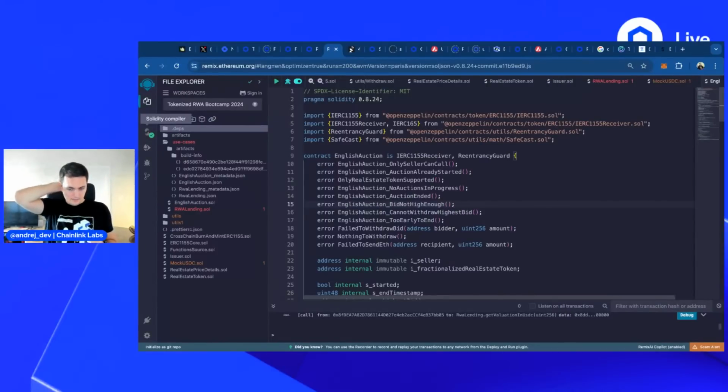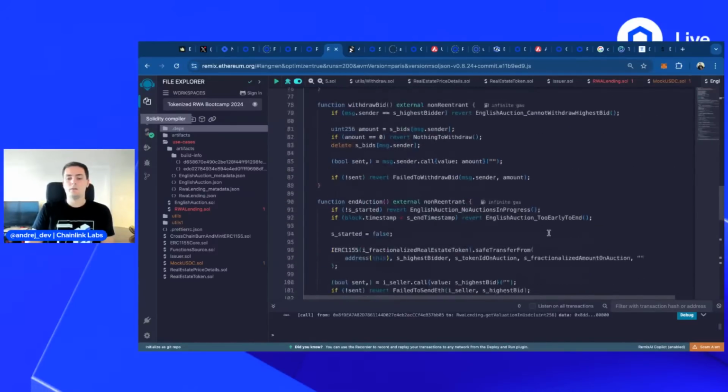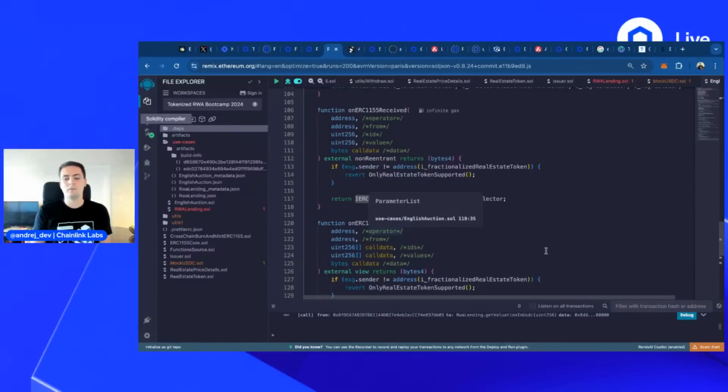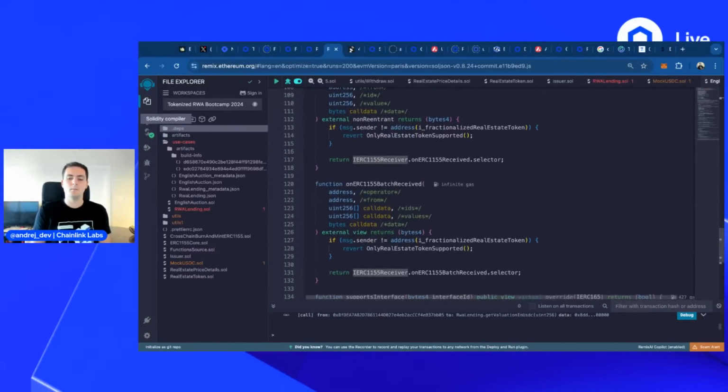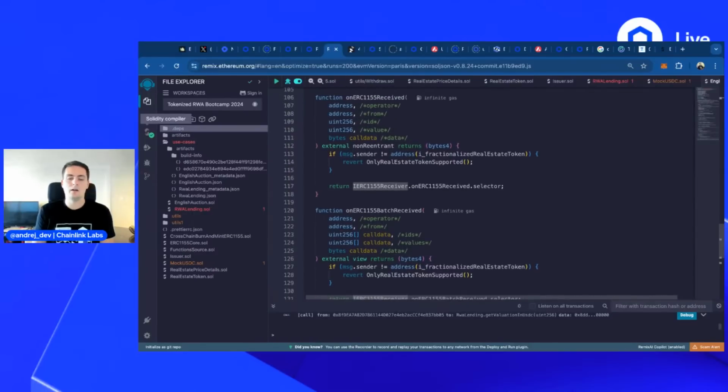Okay, cool. Let's understand the English auction smart contract. This one has also implemented the ERC 1155 receiver, because this contract will also need to be able to receive ERC 1155 tokens. The implementation of onERC1155Received, onERC1155BatchReceived, and supportsInterface are exactly the same as in our RWA lending. So I'm not gonna explain them again. Extremely straightforward, but